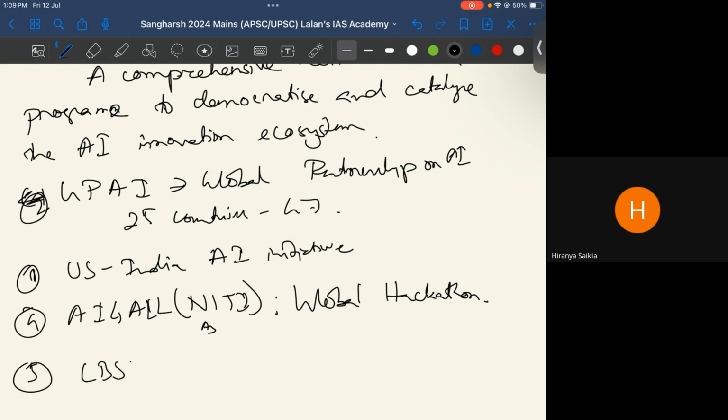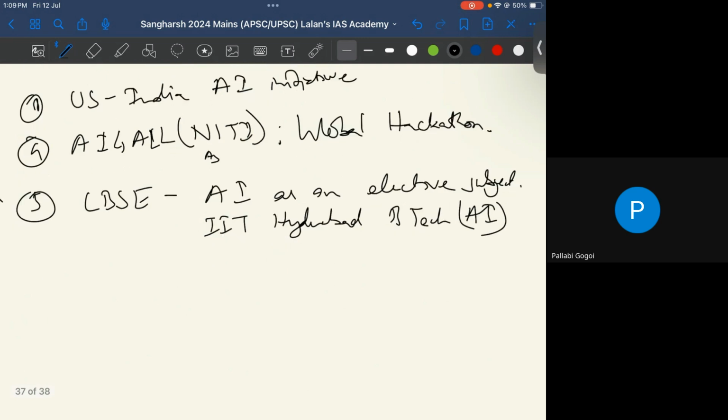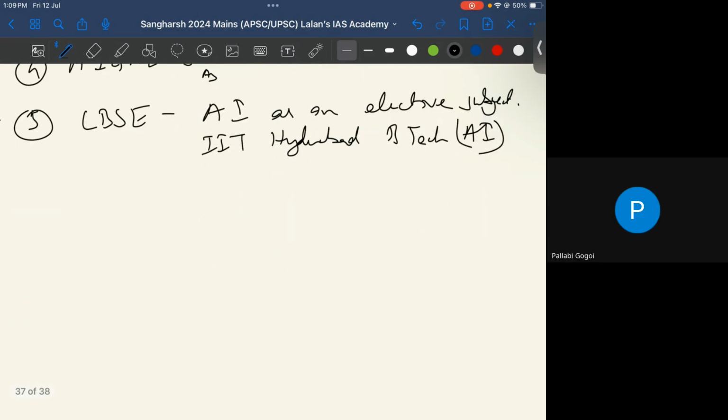CBSE has introduced AI as an elective subject. Then IIT Hyderabad, they have a full-fledged bachelor BTech program on AI. তাৰপিছত টেটতো ইন্ট্ৰডিউচ কৰিছে স্যাৰ ক্লাছ 9 নে 11 ৰ পৰা 9/11 পৰা কৰিছিল